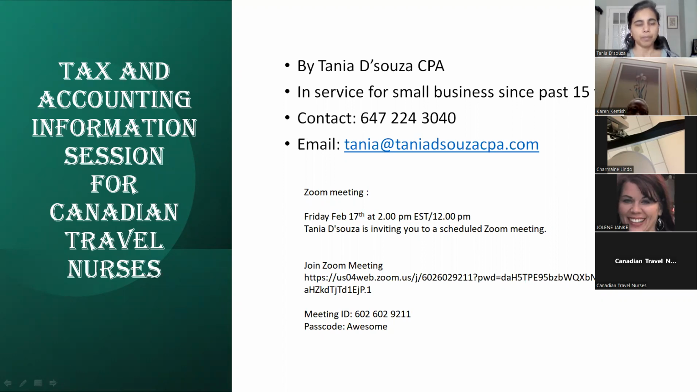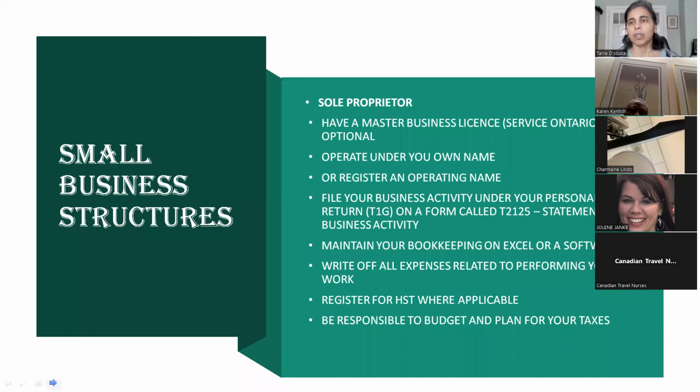To begin, there are basically three structures that we usually come across in the Canadian tax system, accounting system, or business system, as you may want to call it. There are others, but they're not very common. Some of you might already be in one of these structures. The first one is sole proprietor. That is the most common, the one that everybody starts their business with.